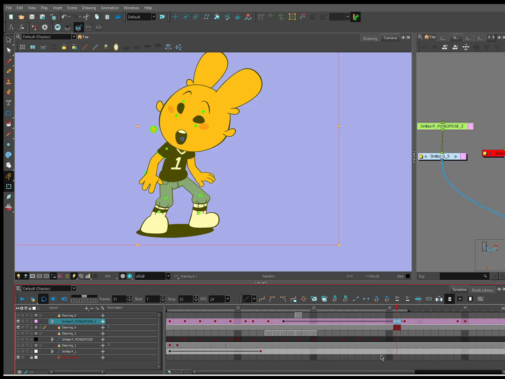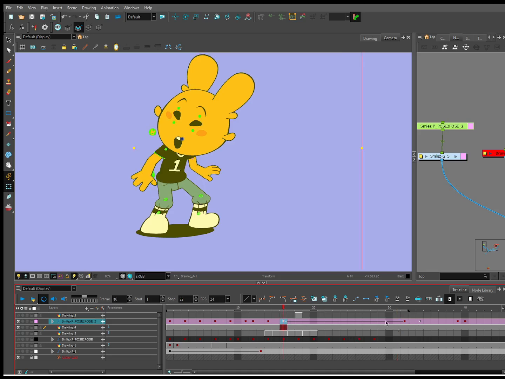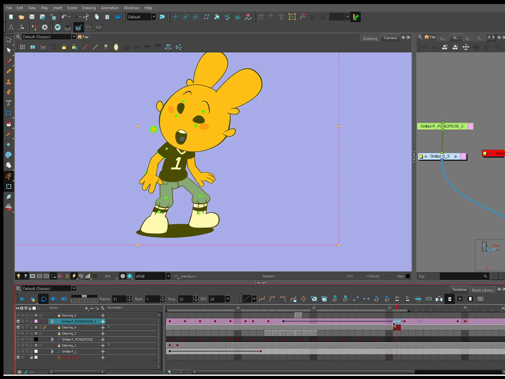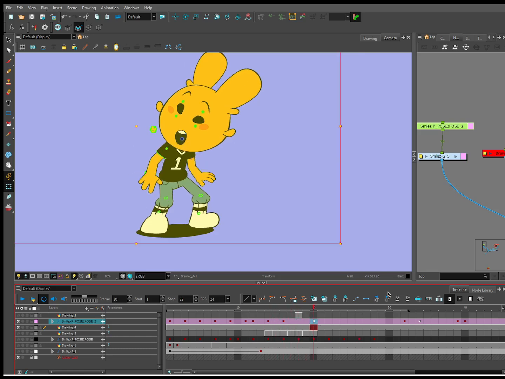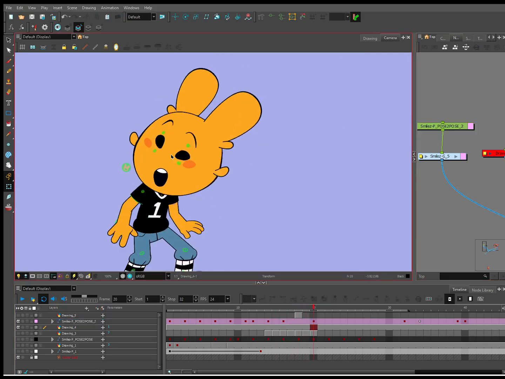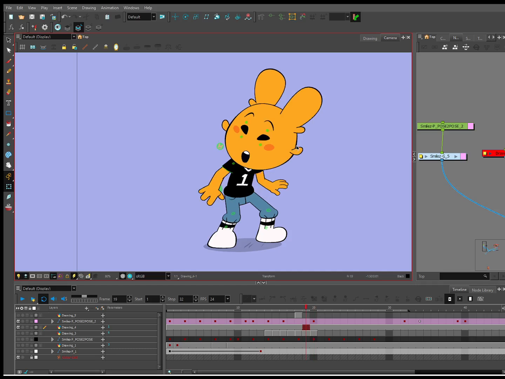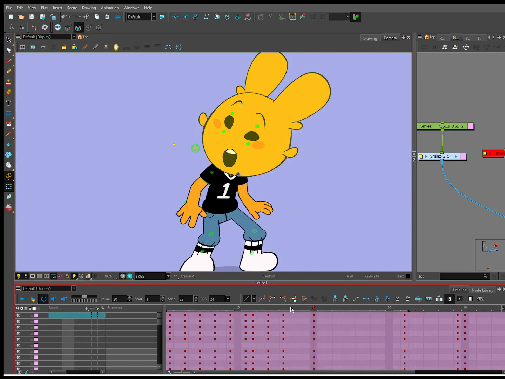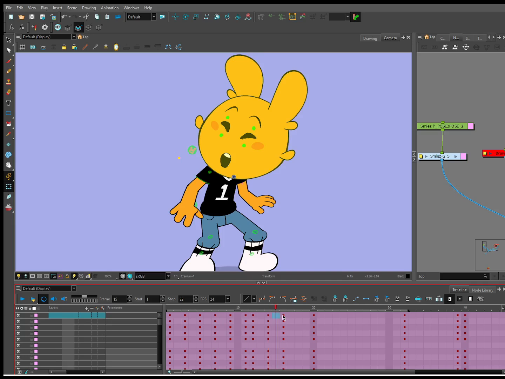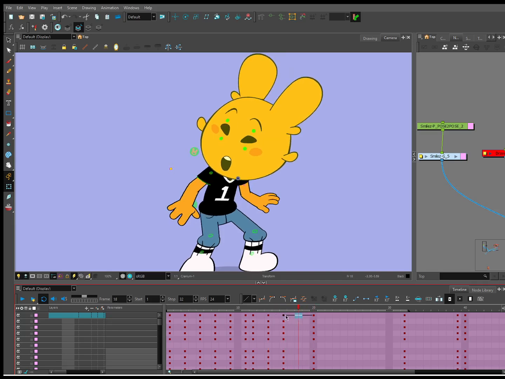You can get even-looking timing in Toon Boom all the time if you're not careful. So I'm going to choose something that's fairly favored, and I'm going to give enough room for an in-between to go in between here and here. And then on this frame, I am going to go to the head, because I know the head is technically still following through, and I'm just going to offset it.